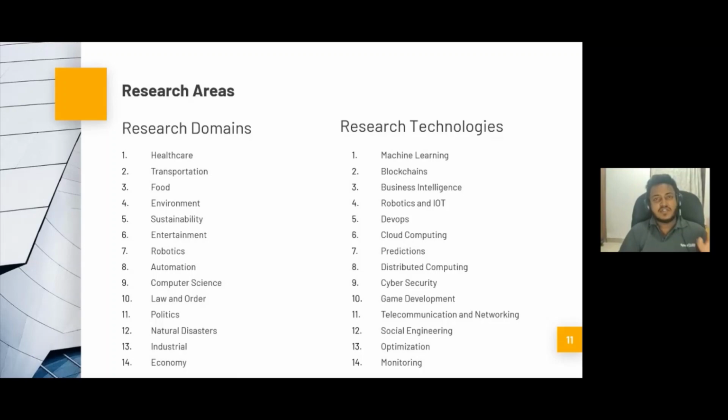Then research technologies. In SLIIT, I think there is something wrong with the syllabus, but the research panel expects us to use machine learning for everything. In my opinion, machine learning is overrated. People try to use machine learning in everything. Machine learning is good, but if you are doing research in machine learning,